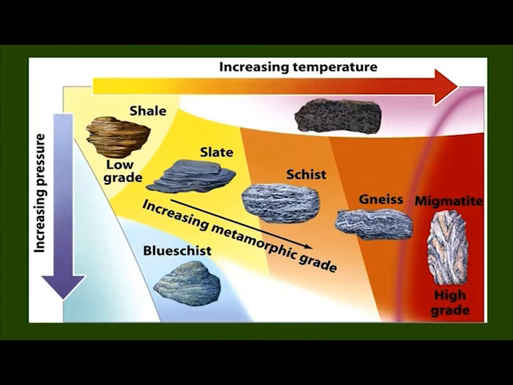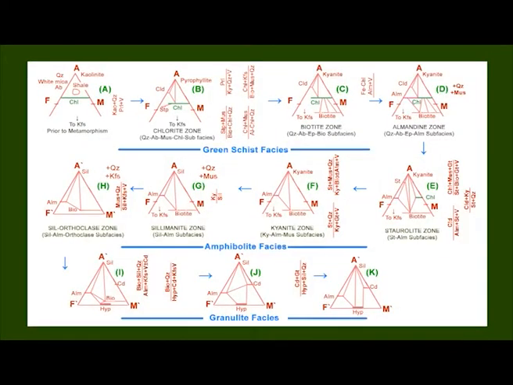The texture or structure of the rocks changes from slate, phyllite, schist, gneiss, migmatites, and finally granulites. Slate and phyllite are in the chlorite zone, different types of schist in the biotite, garnet, staurolite, and kyanite zones, and normally gneiss in the sillimanite zone. The composition of the plagioclase changes with increasing grade of metamorphism. It is nearly pure albite in the chlorite and biotite zones and becomes somewhat more calcic, oligoclase and andesine, in